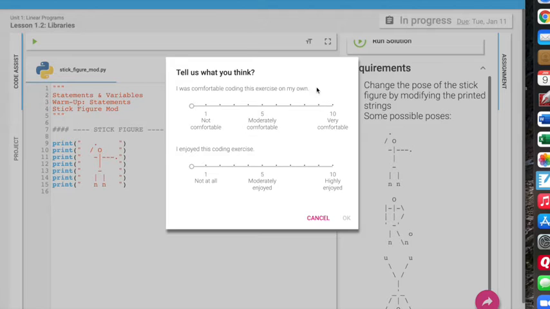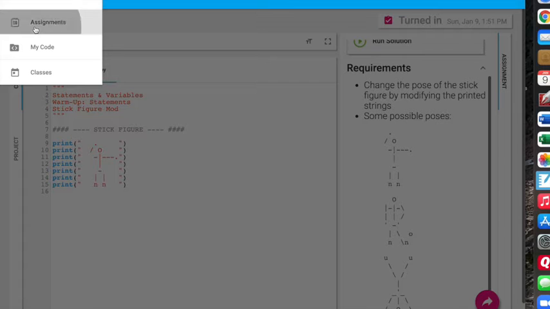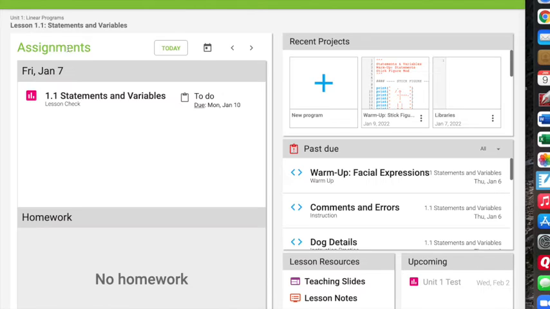So I'll go ahead and turn it in. I'm pretty comfortable with it. I enjoyed it. That was pretty fun. You can mark it however you'd like. Notice that I got the check and we're good to go. Okay, then we'll go back to assignments and get ready for the next one,